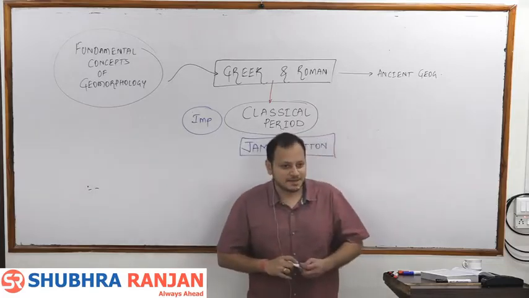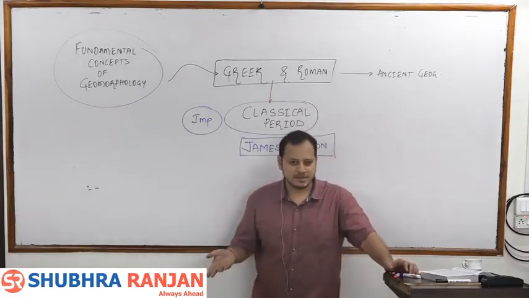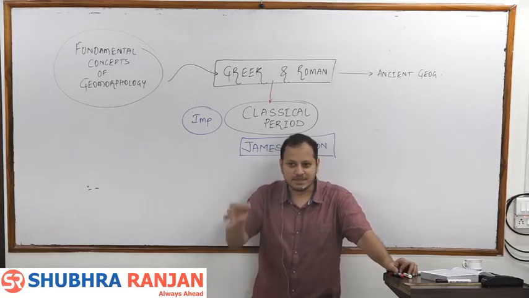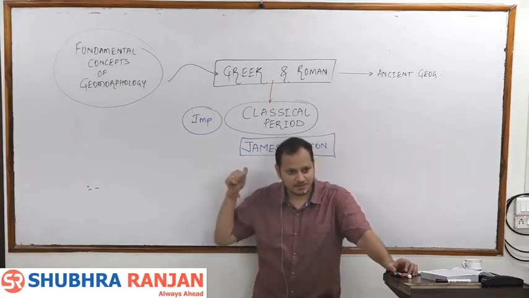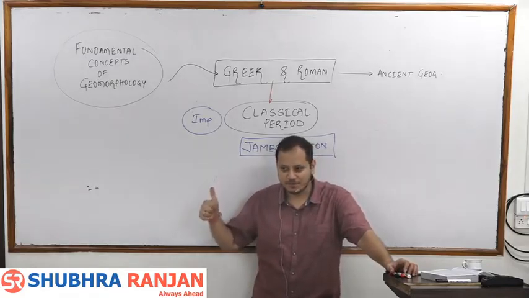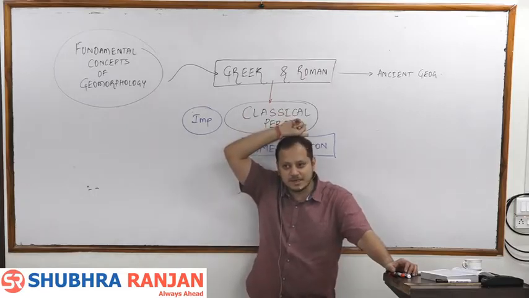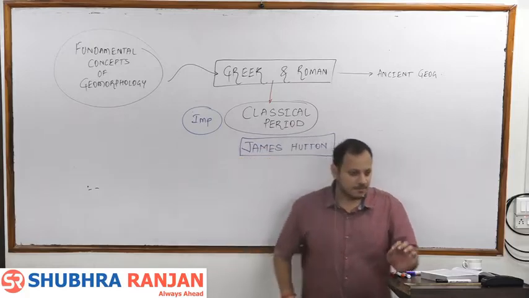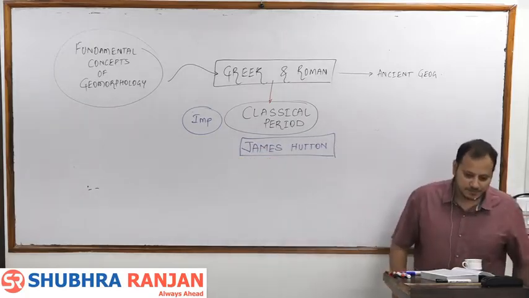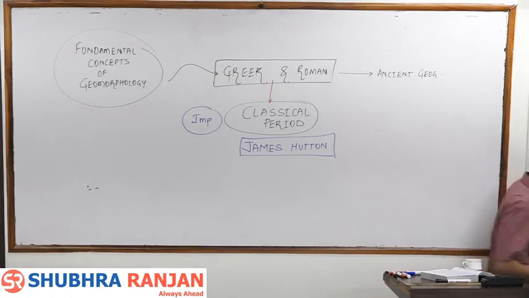James Hutton's line, I had used it yesterday. Present is key to the past. That is the principle of uniformitarianism. What the present landform is tells you about the past climatic conditions. Getting it? So James Hutton challenged the principle of